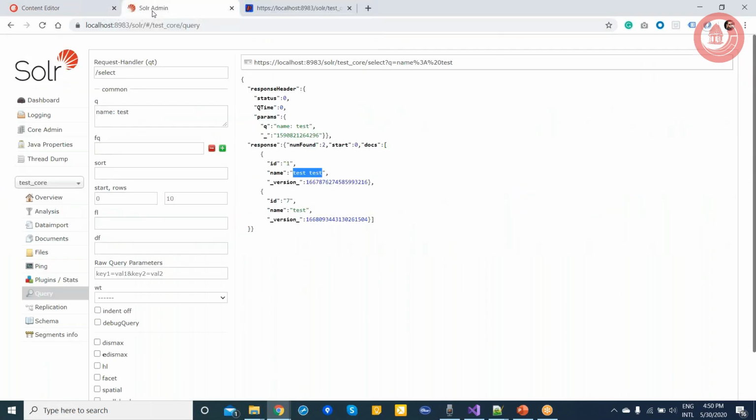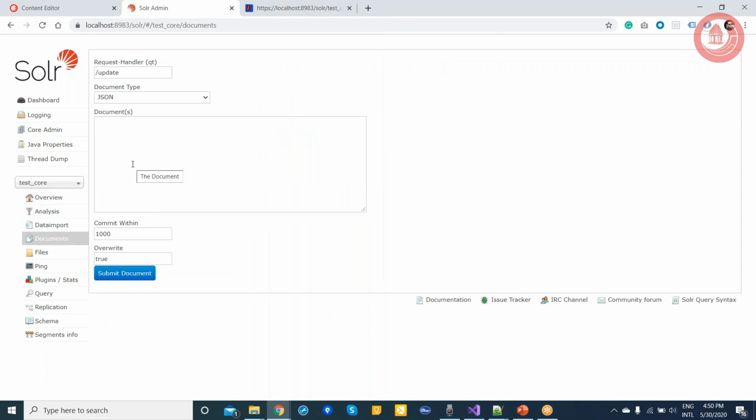Right. One more thing here: with Solr, when you do any document insert with the latest Solr version, there are two schemas. One is the classic, and the second one is the managed. Based on the field type, it will generate the field for you.